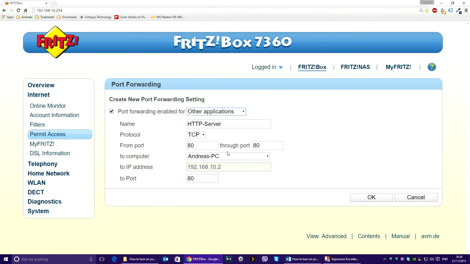In the name, add WOL1. Select the computer you wish to port forward to, which in my case is Andreas PC, and enter 9 in all the port sections.